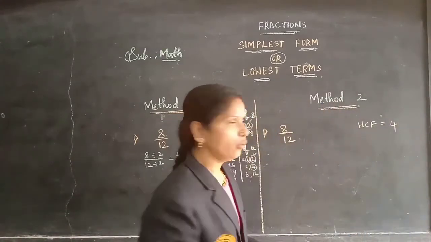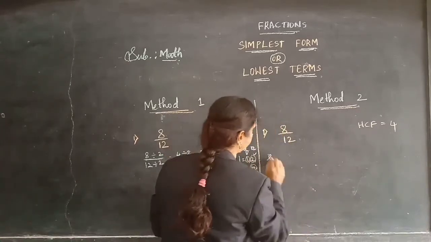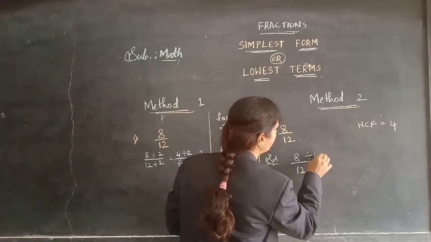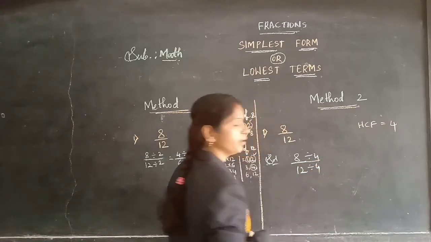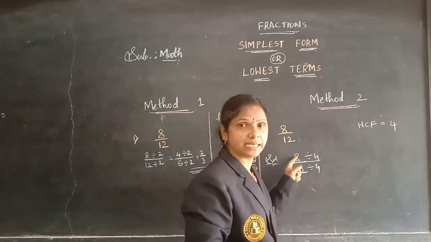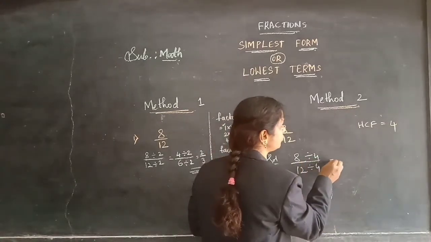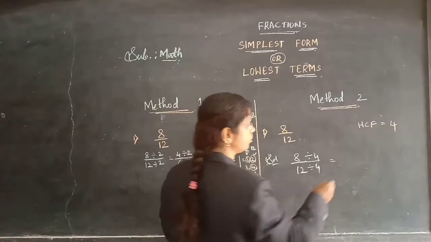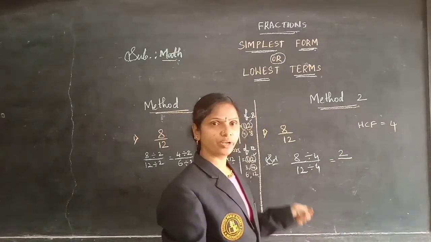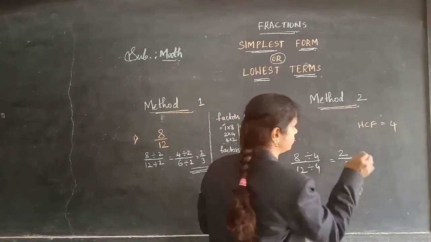Yes, children. Now you have to divide this given fraction by the 4 here. So 8 by 12 you have to divide by the 4. Okay. So when you are dividing this 8 by the 4, what will you get, children? In the 4 table it is divided 2 times, so 2 here. And next 12 is divided by 4. In the 4 table, 3 times, so 3 you write.